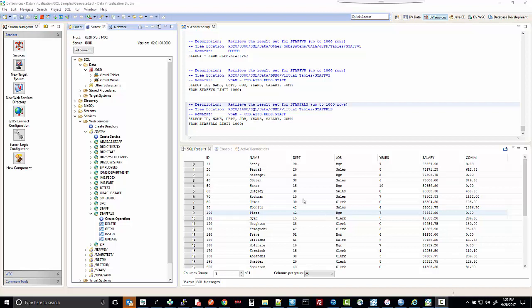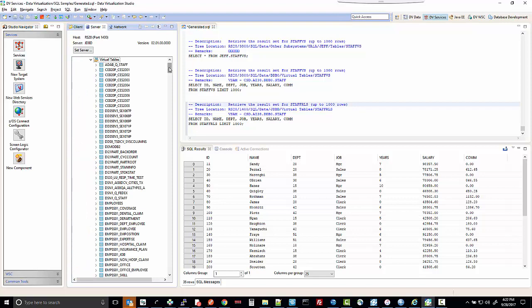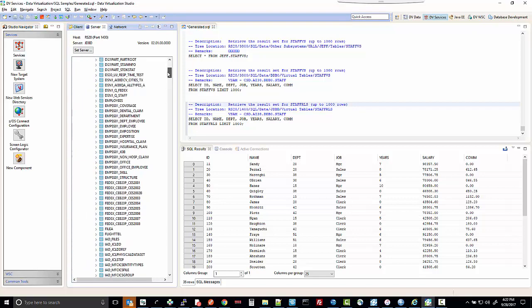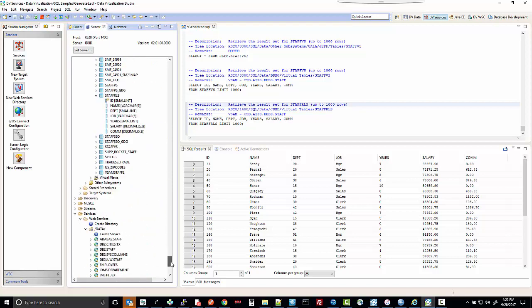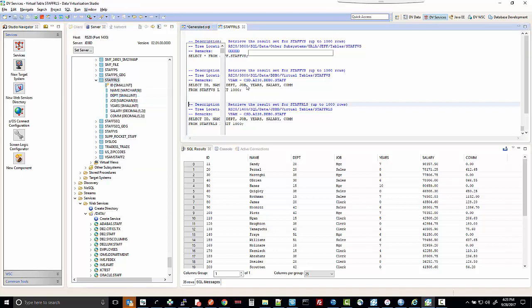Hello, in this video, I'm going to show you how to use the Data Virtualization Studio to create RESTful services against VSAM files. The first thing you need to do is to create a virtual table or map of your VSAM file. I'm going to expand the virtual tables folder, and you can see that I have many virtual tables out here. One of them that I have is the staff RLS, which is a virtual table to a VSAM